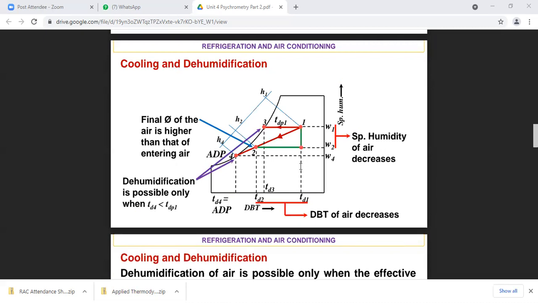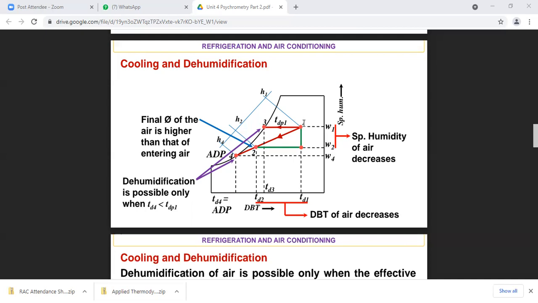So in passing through the cooling apparatus, it is to be expected that the air after the process should be in saturated condition. This does not happen due to the effect of the bypass and the cooling apparatus. So we understand this process by considering it in two distinct ways. So we are plotting from this point to this point and from this point to this point.